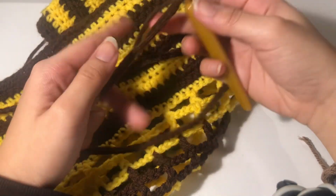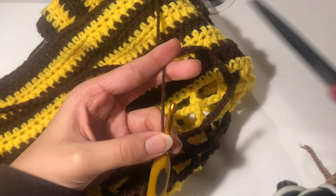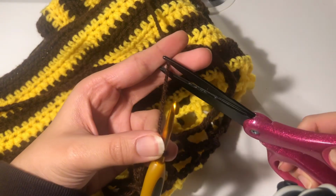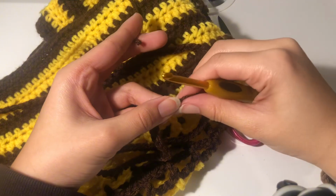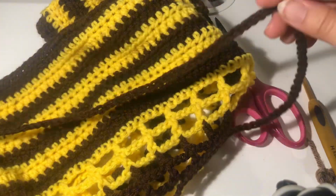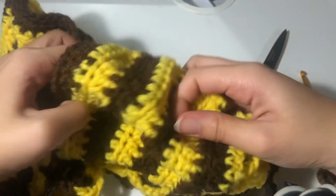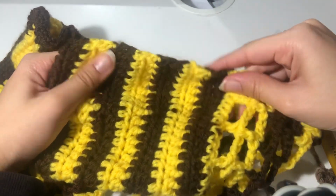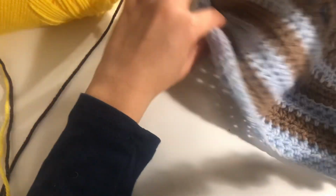So after you do the 110 chains, you just cut off, leaving a little bit of excess yarn, and tighten it. And now we're going to repeat the same thing on the other side of the top, and I'll get back to you guys when I'm done with that. So now that we've completed the